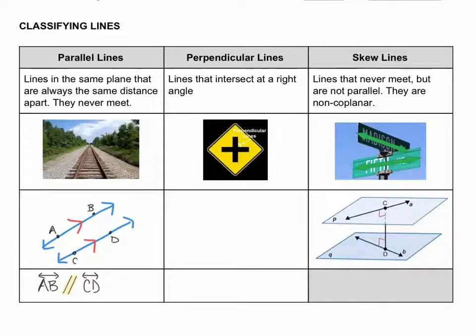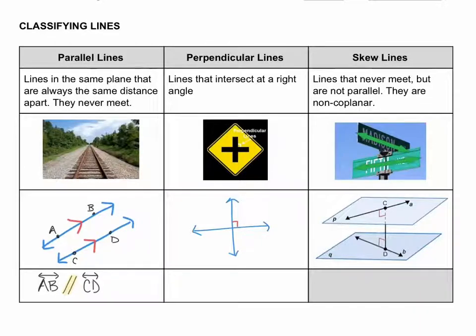The next type of lines are perpendicular lines. These are lines that meet at a right angle. For this you can think of an intersection of roads where the roads meet and make perfect corners. Now we can draw perpendicular lines, and the way we show that these two lines are perpendicular is to create a right angle box in the corner. That right angle box in the corner where those lines intersect tells us that they meet at a right angle,